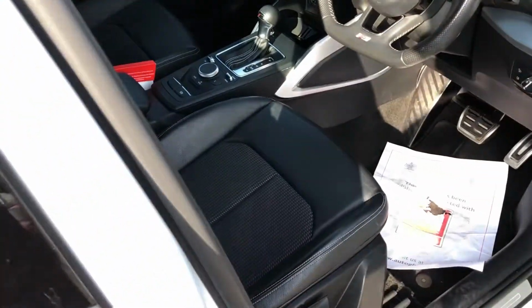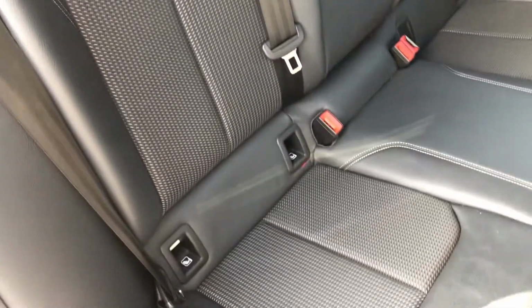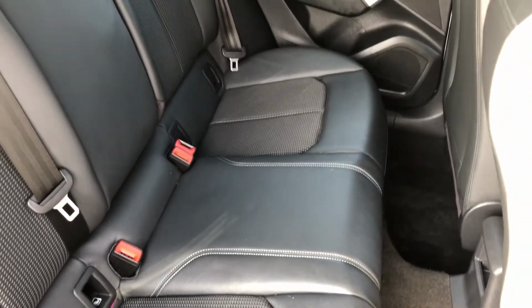Now what we'll do, we'll show you the back seats before we get in, and you can see same quality all the way throughout the Q2. Isofix, half leather, no marks, and plenty of legroom for rear occupants. Now moving down,